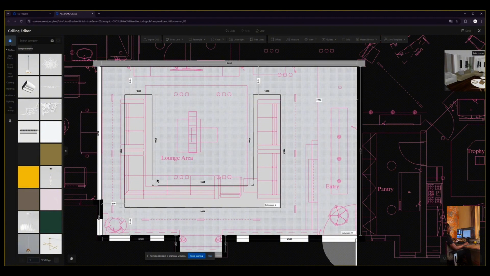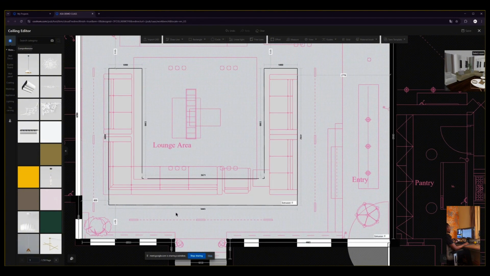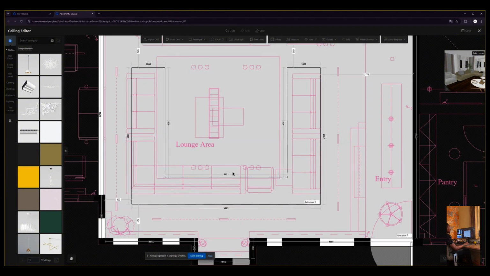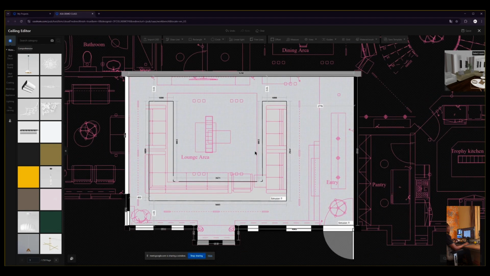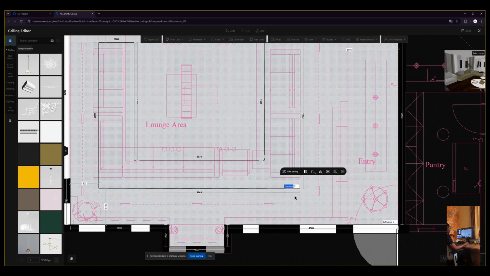Okay, there we go, perfect. So we have our line according to our draft from Archicad. So with that being our ceiling, as you'll notice, as soon as we've drawn our shape, it starts giving you extrusions, two different extrusions. So for example, right now we have this being the first one, and this being the second one. What extrusion means is how low do you want to drop your ceiling, how low do you want it to come from the slab. So what I want to happen is I want this part to remain above. This is going to be my slab, and I want this part to drop down, right? Let me see if I've gotten that correctly. If that is going to hold our curtains,